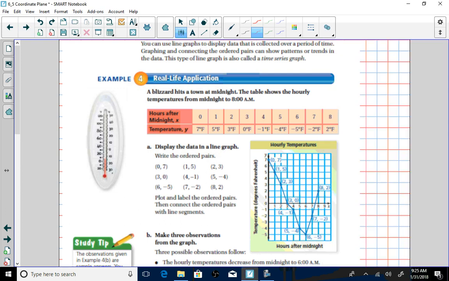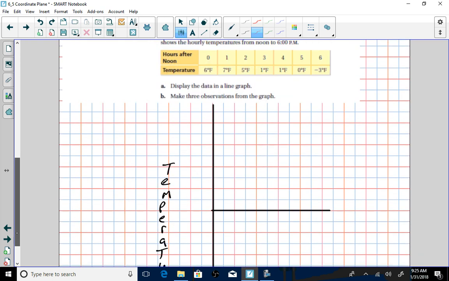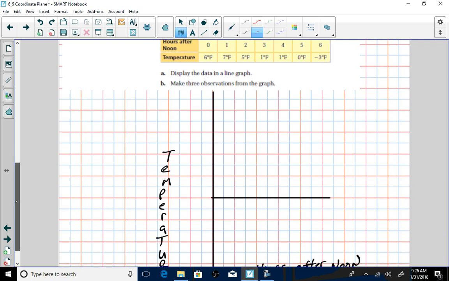All right, here's our next example. I'm going to scroll down here. All right, and we're going to do the on your own example here. It says the blizzard hits another town at noon. The table shows the hourly temperatures from noon to 6. So hours afternoon. So that means at noon would be 0 hours at 12 noon. 1 o'clock means 1 hour after 12 noon. 2 o'clock would be 2 hours after 12 noon, and so on. We're asked to display the data in a line graph. So we have to take this data,